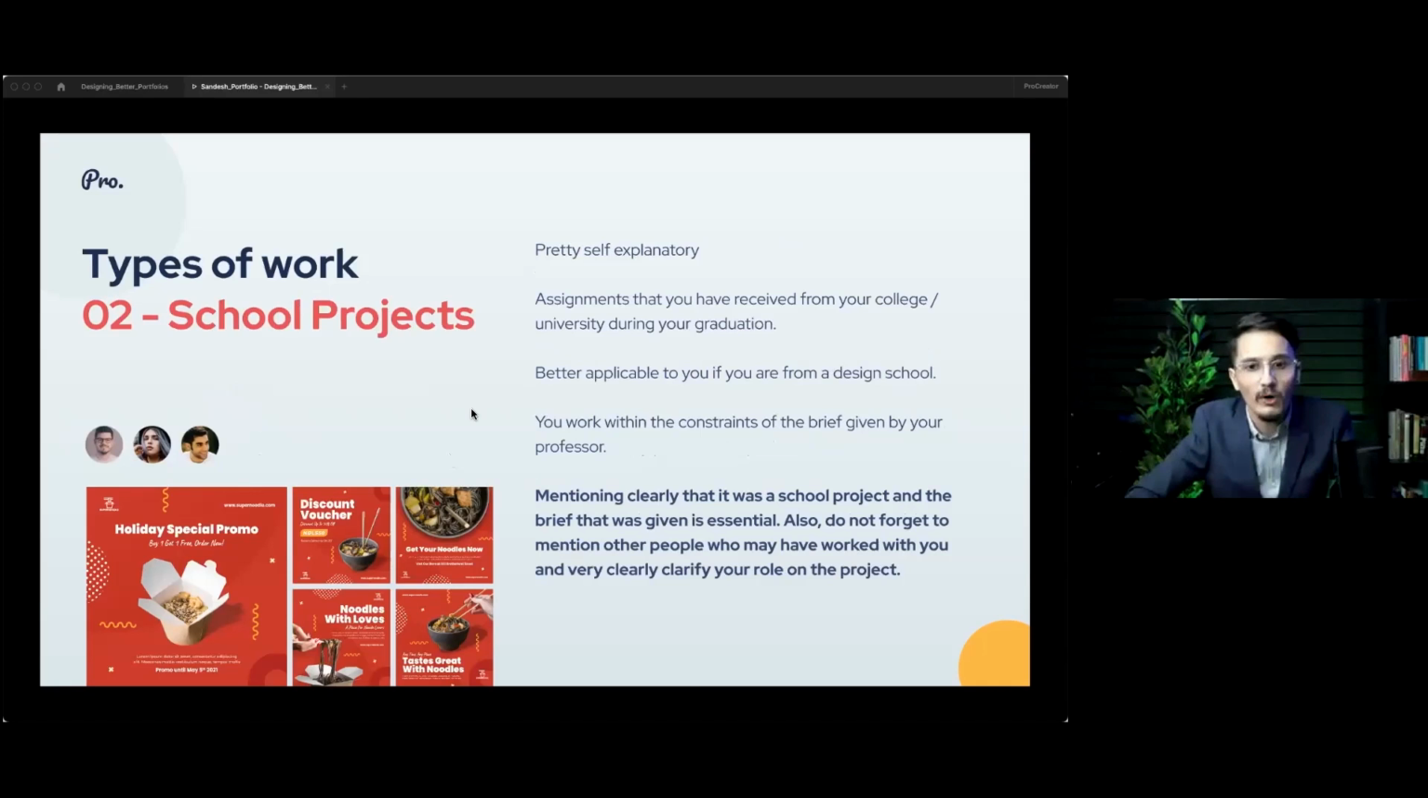The other type of work is school projects, pretty self-explanatory, right? So you must have received a lot of assignments if you are in a design college. This is applicable for folks who are already in design school and are learning design. You would have received a lot of assignments and maybe a graduation project, and that could also be a part of your portfolio. In this case, you are working within the constraints given by your college